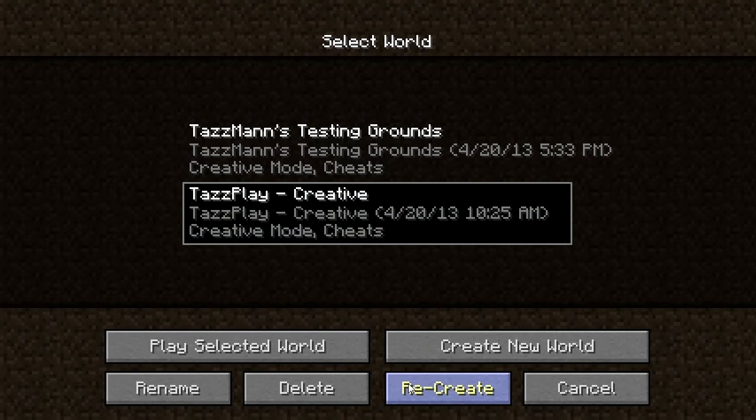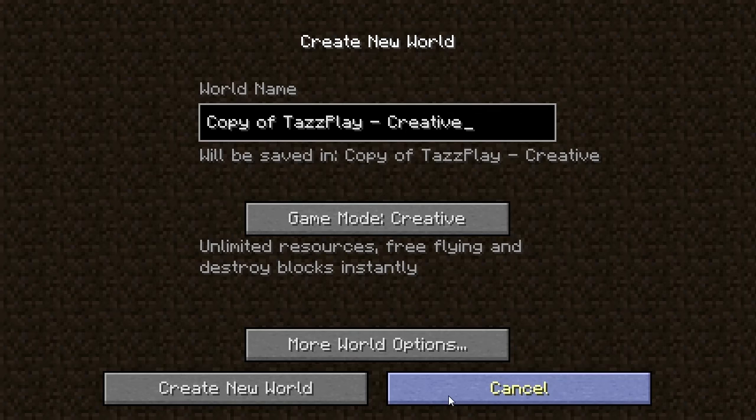The other thing you can do is this recreate. Now, if we click recreate, it's important to know this isn't a copy of the world that I have. This will actually create a copy of this world as it was when it was first created. And it gives you the opportunity to once again give it a new name so that it's distinct. And here you can see it's saying that the copy, this is what it'll be called. This will kind of demonstrate what I was saying. So if we tried sticking in a slash here, you'll see it sticks in an underscore for the folder